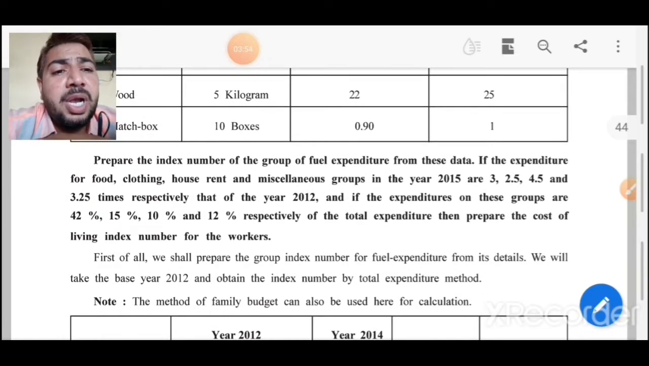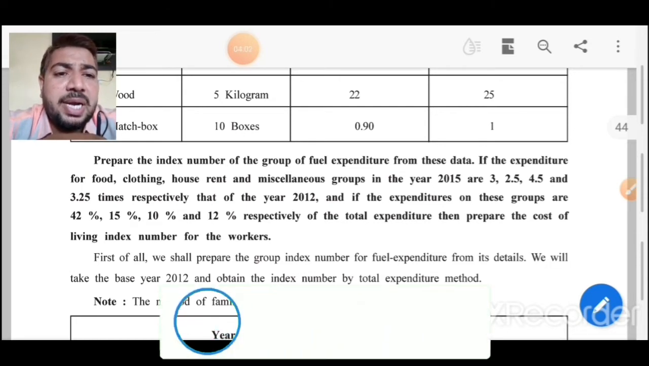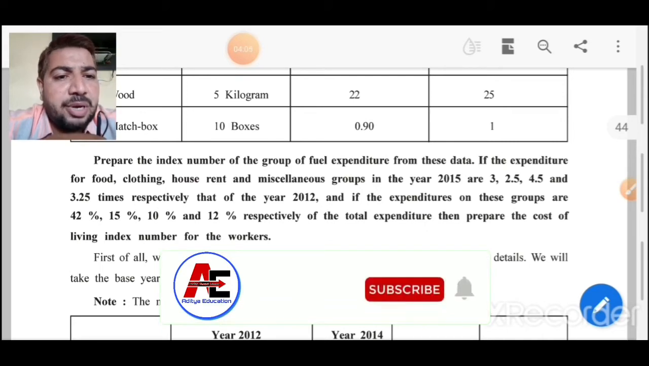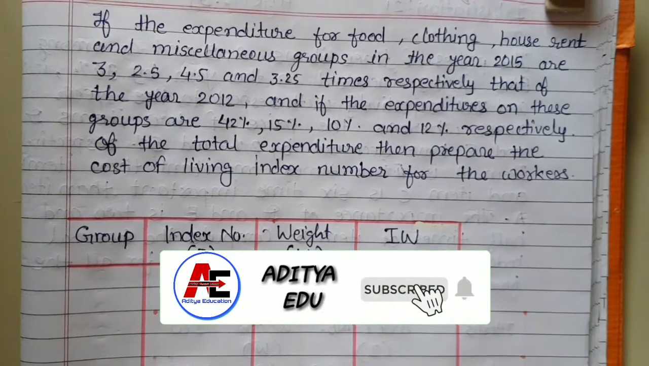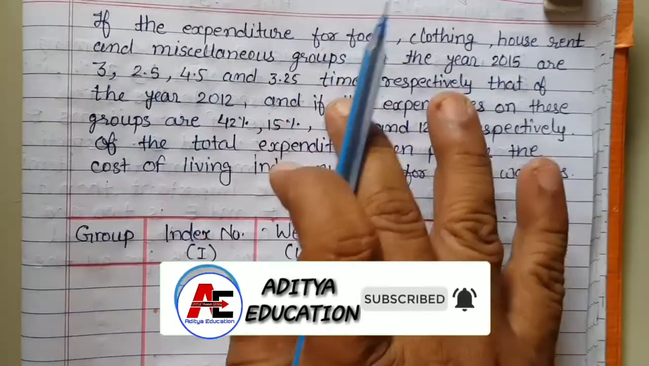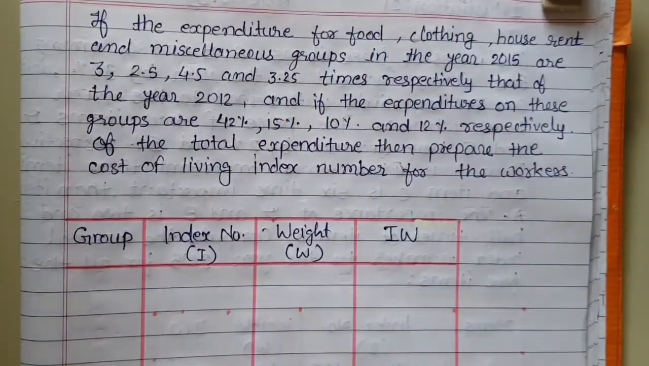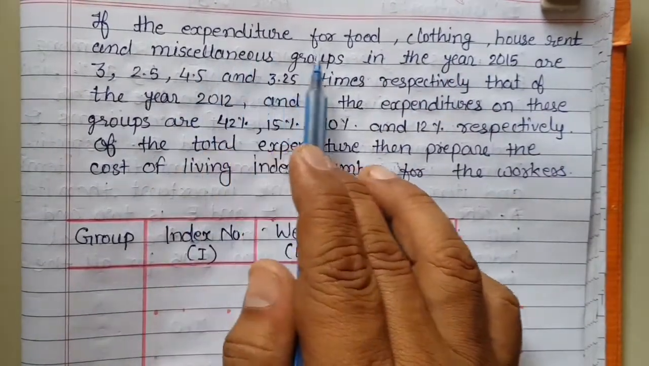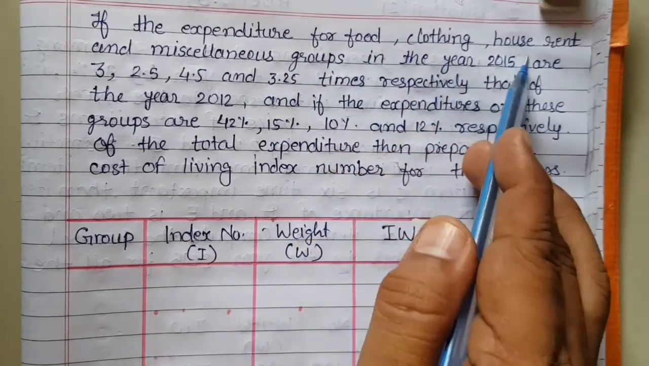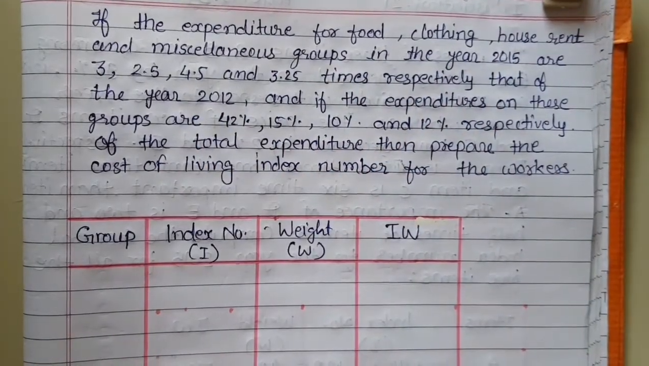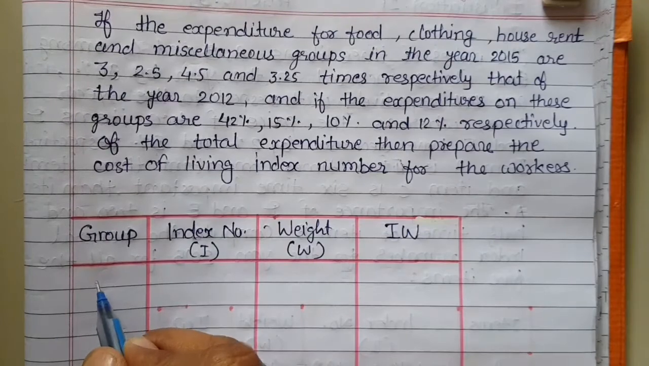So up to this the calculation or the sum is very simple, but now we have to use the index number of fuel and the other commodities also. So the index number of fuel and other commodities, how can we calculate that? I show you with the calculation. Here I have written the question given below the table. If the expenditure for food, clothing, house rent and miscellaneous. So we have 4 items. I write here: